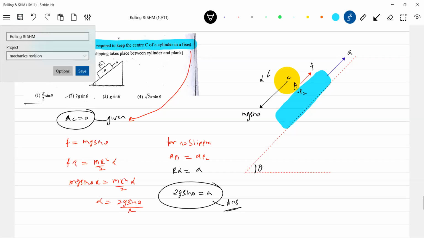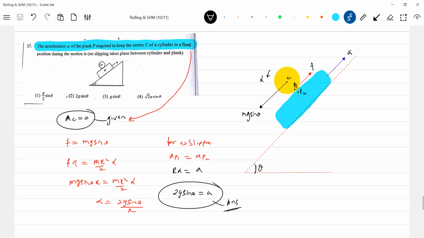It is a thinking based problem, not something information based or data based. As far as Mains, I think they can ask you some small ideas like this, where it doesn't need any integration, or even in Advanced can be set up. So try to work out a different set of numericals where some idea will be there. That core idea should be reflected. Pick up problems of that kind, not routine type, because now you're at a revision stage.